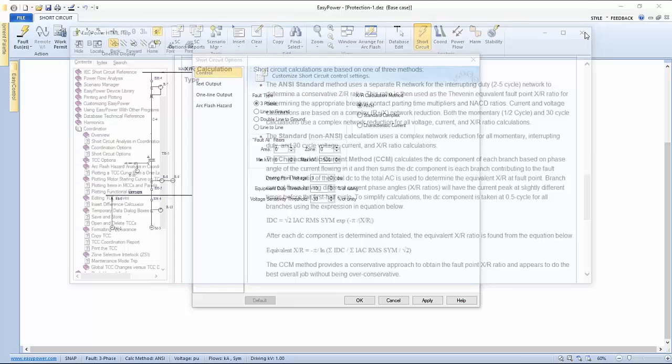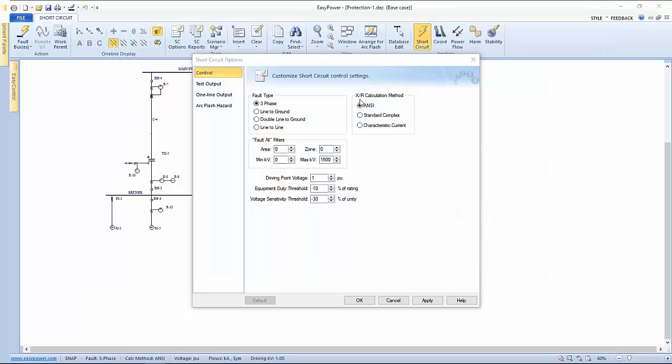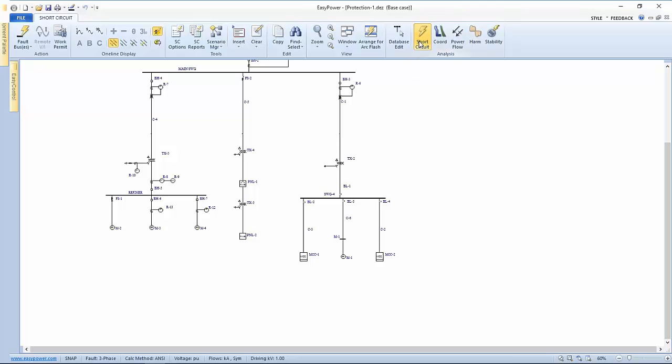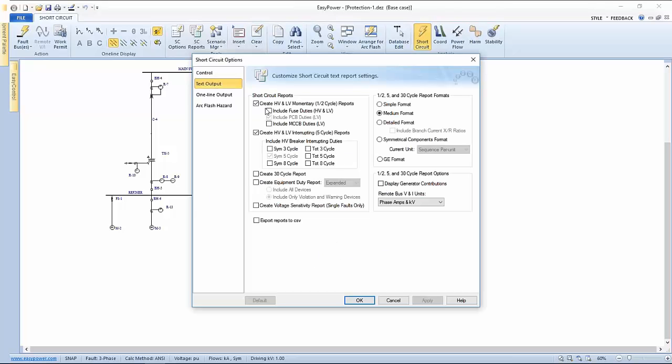So what I recommend is to try the following example. Let's leave it in ANSI to do my calculations. Let's go back to my tools. First of all, I want to create high voltage momentary report, low voltage. I'm basically going to be looking at low voltage. So high voltage and low voltage, both half cycle and 5 cycle, which is what's indicated here, in either medium format or detailed format, and then the 30 cycle report. The point being,